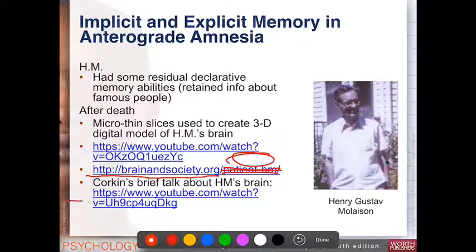And then here, this video right here is Corkin talking about HM's brain after he had died, talking about the damage and looking at the surgeon, talking about how the surgeon excised parts of his brain and found that he actually took out more than he had anticipated. And so this is just a really interesting little talk on Corkin's work